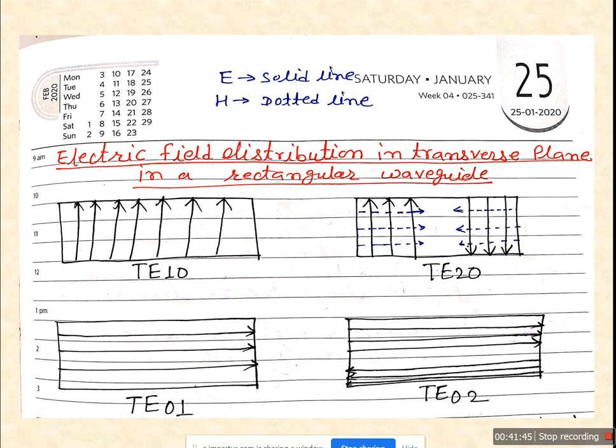Here see that TE10. Just recall what is the meaning of TEmn. What is the meaning of TEmn? M is the half sinusoidal variation in the x direction, that means the broader dimension. Here the variation is 1 in the x portion. But I'm seeing, here this is the x portion, here is the y variation. But why does it look like this?